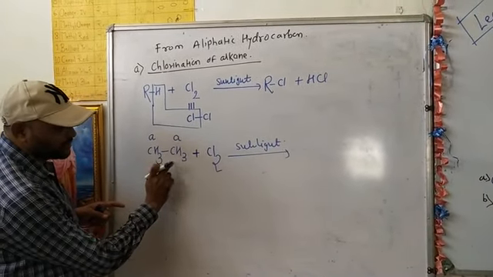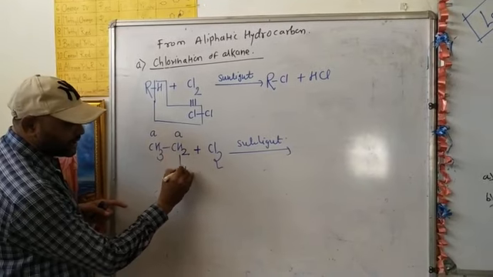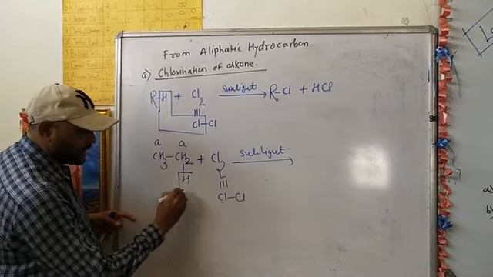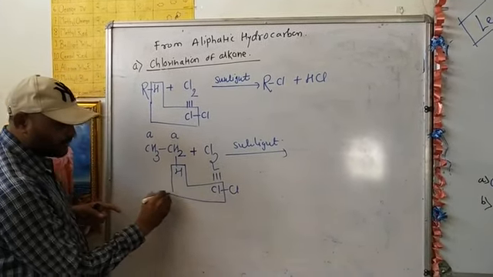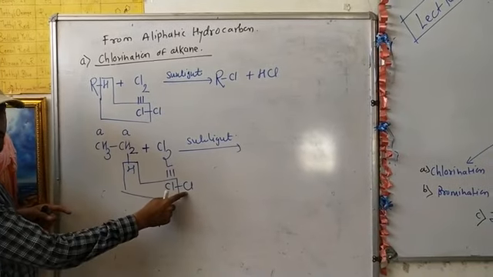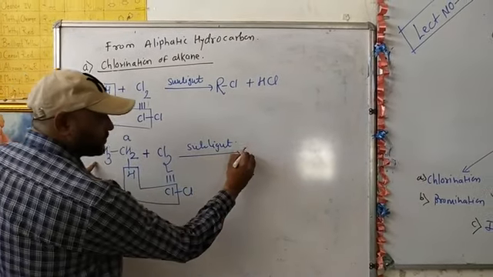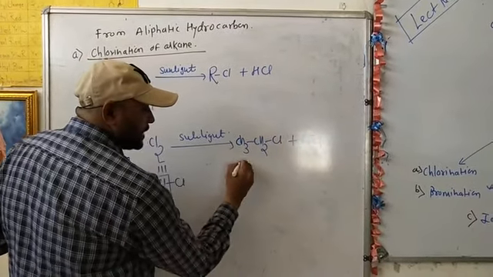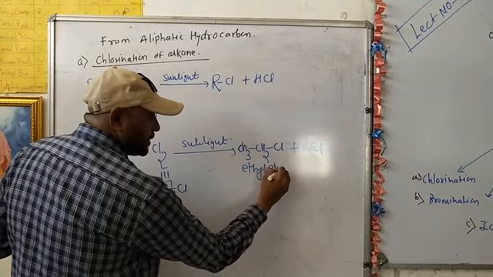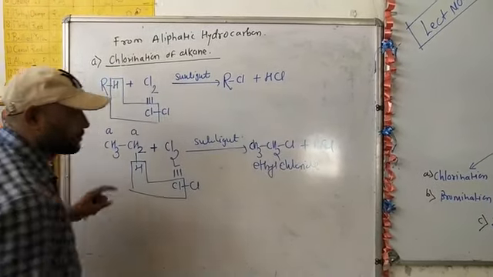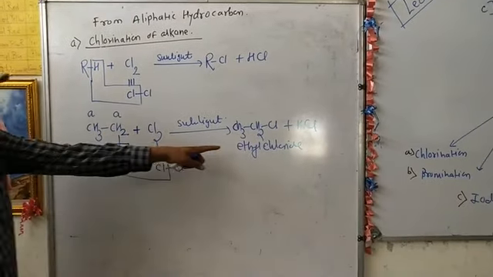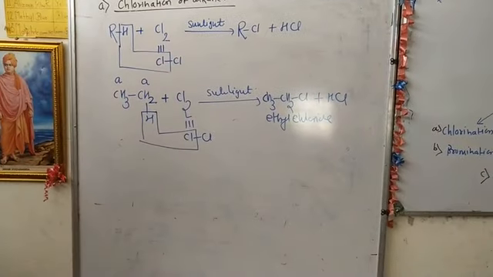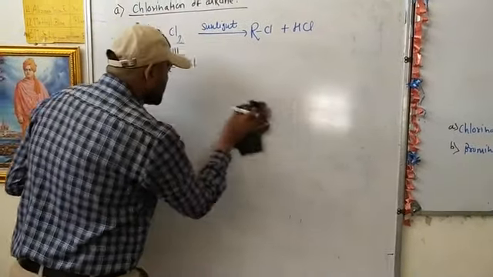So we can replace the hydrogen from this side. I can write CH3CH2H and this chlorine Cl single bond Cl. So from this H is lost and from this chlorine, and here hydrogen is substituted by this chlorine atom. So the product formed is CH3CH2Cl plus HCl, that is ethyl chloride. So ethane is converted into ethyl chloride by simple chlorination reaction in presence of sunlight. Take one more example to understand properly.